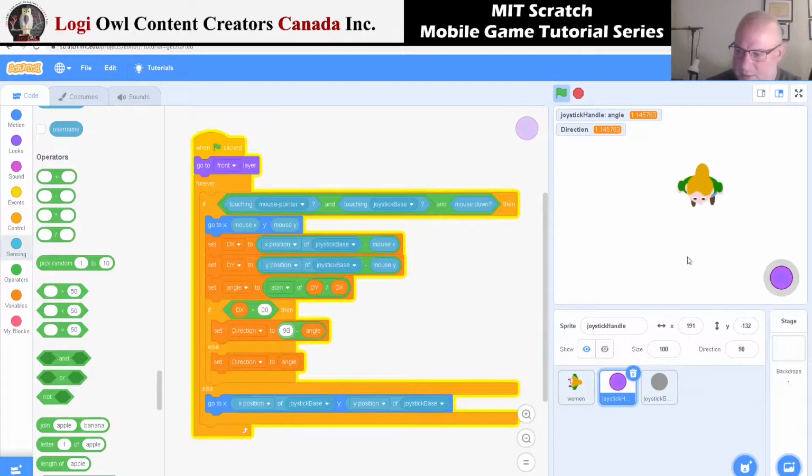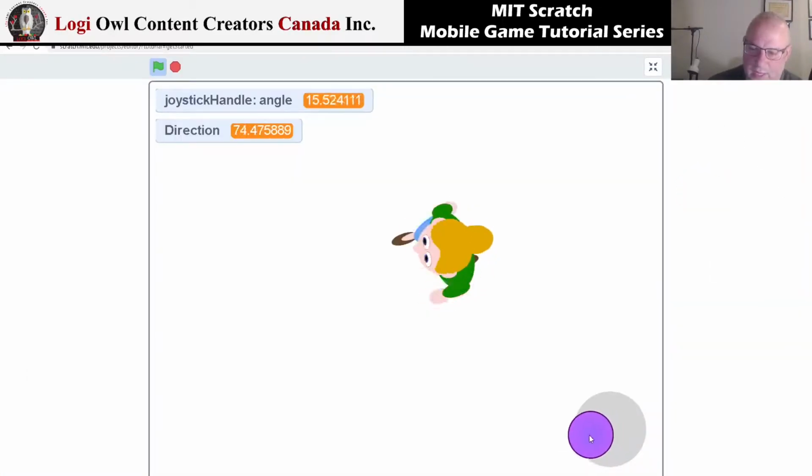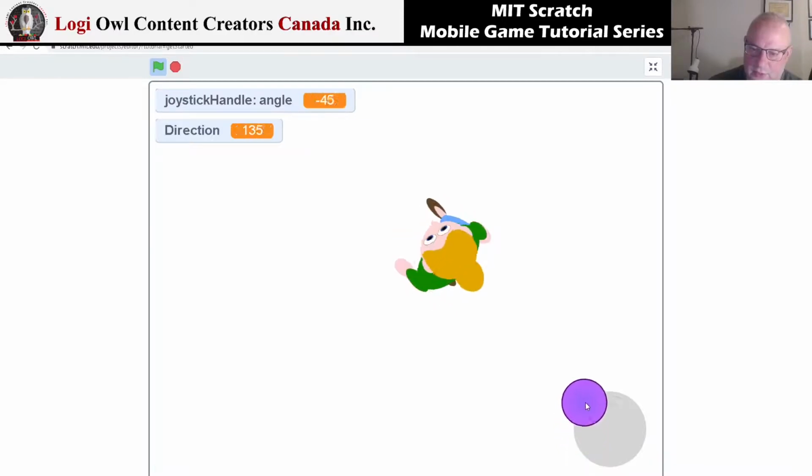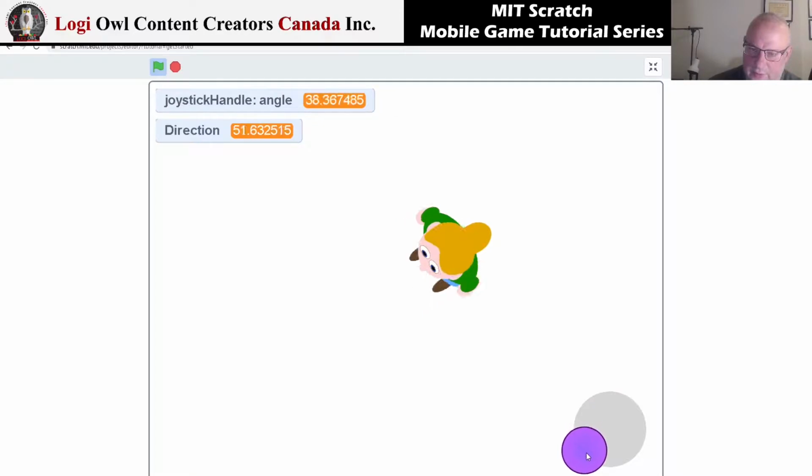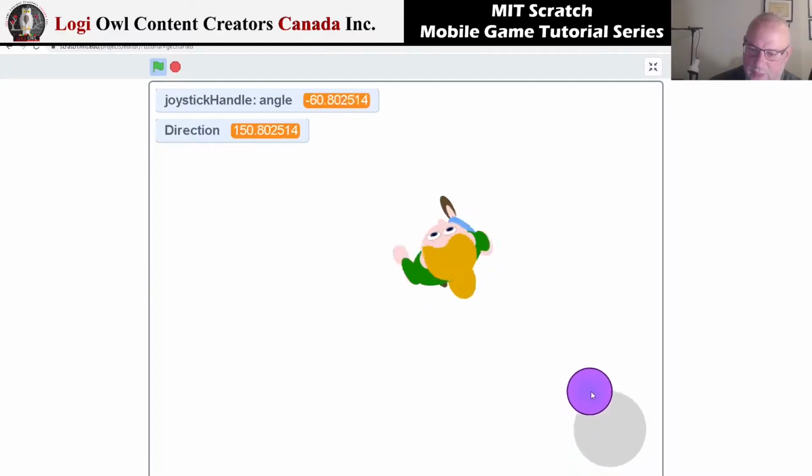90 minus the angle, because if we put it 90 plus the angle, that will be moving in the different way, in the other way. But 90 minus the angle, that will be the right thing. So now you see, the direction itself is okay, but it is okay for that part only, half of the circle, when dx is